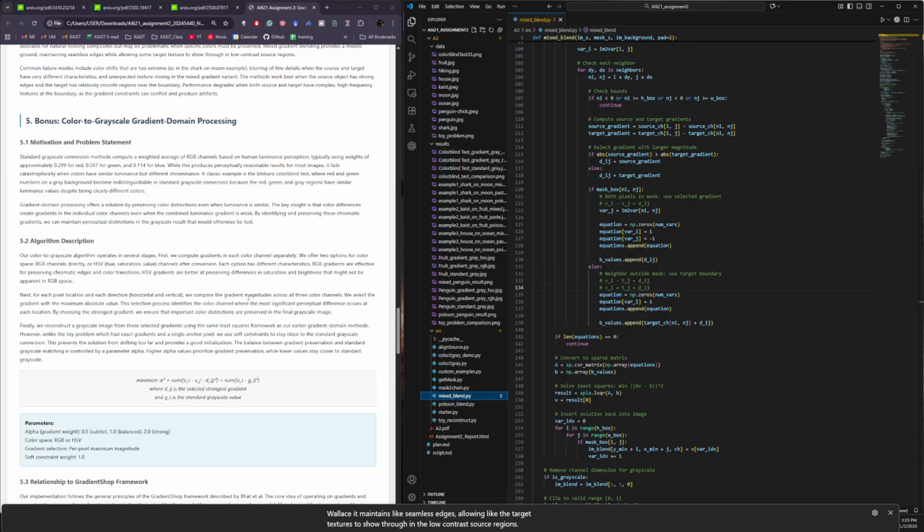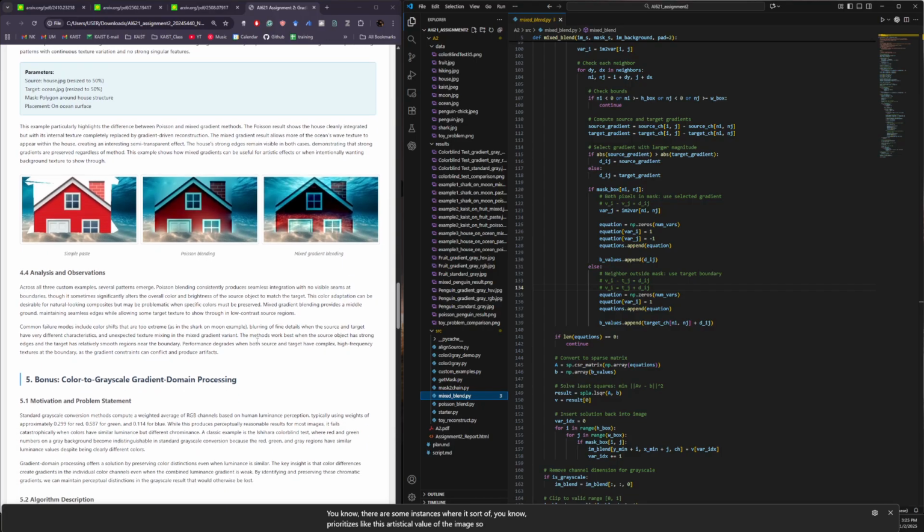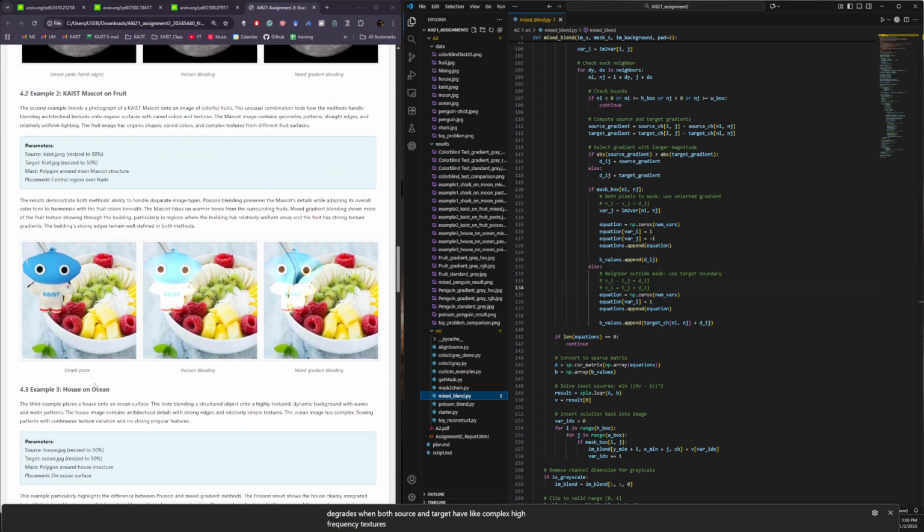There are some instances where it prioritizes the artistic value of the image. A common observation across all the methods is that both work best when the source object has strong edges and the target has relatively smooth regions near the boundary. And the performance definitely degrades when both source and target have complex high frequency textures at boundaries, and